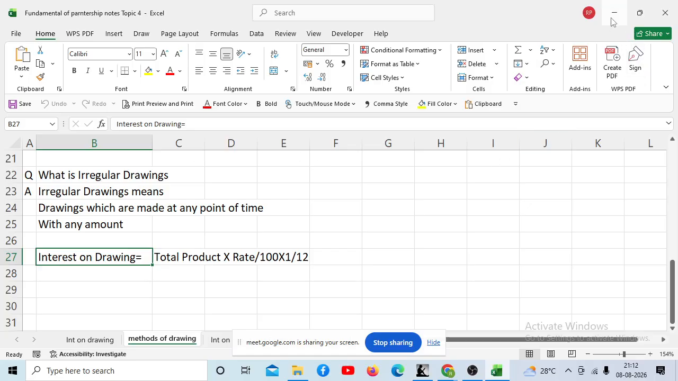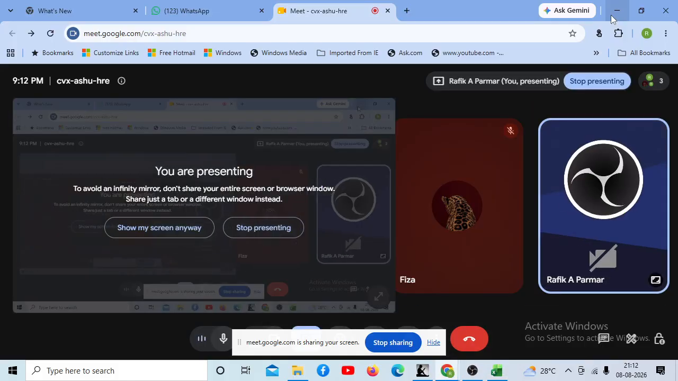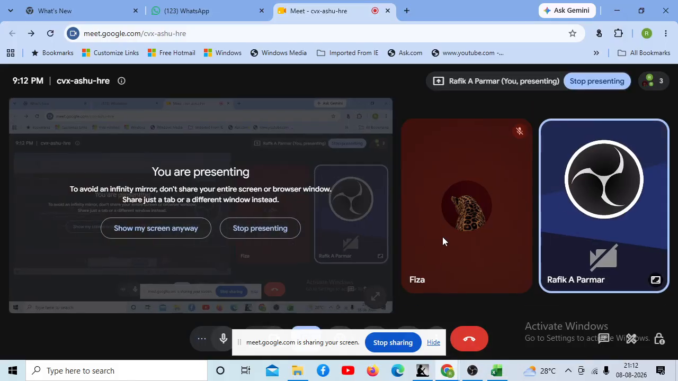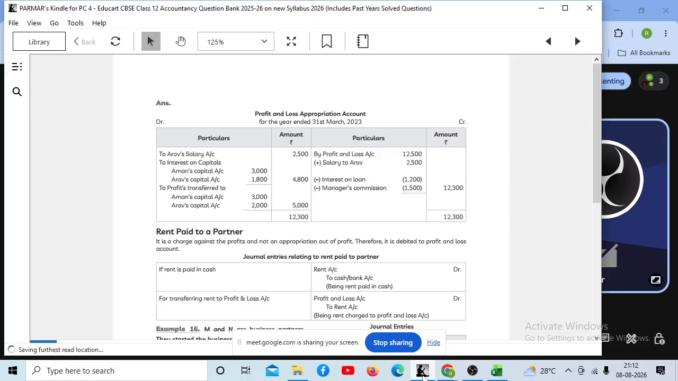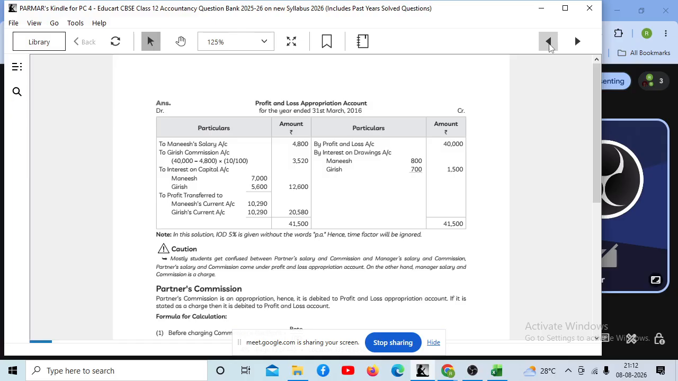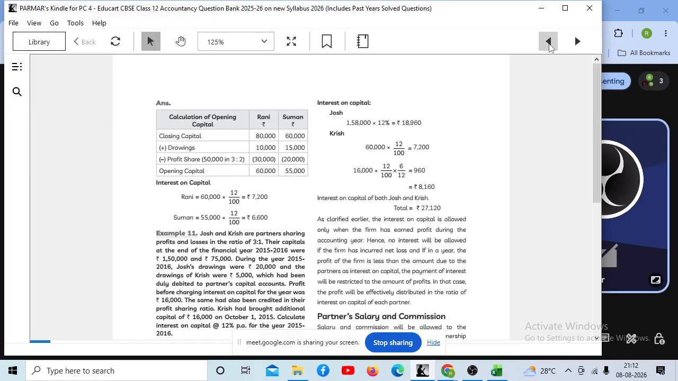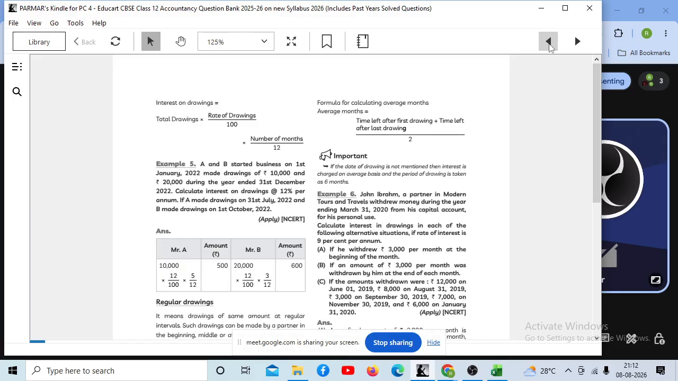Now today we will see some questions based on interest on drawing. I think the last question was question number, Amit, Babu and Charu. Okay. So we will see